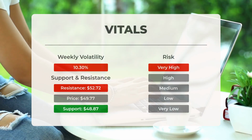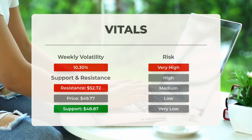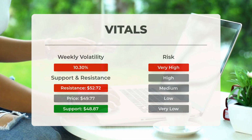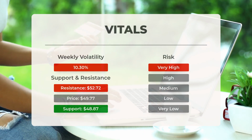Support, risk, and stop loss for Oklo. Oklo Inc. finds support from accumulated volume at $48.87, and this level may present a buying opportunity, as an upward reaction can be expected when the support is tested. This stock may experience significant movement during the day, exhibiting high volatility, and with a large prediction interval from